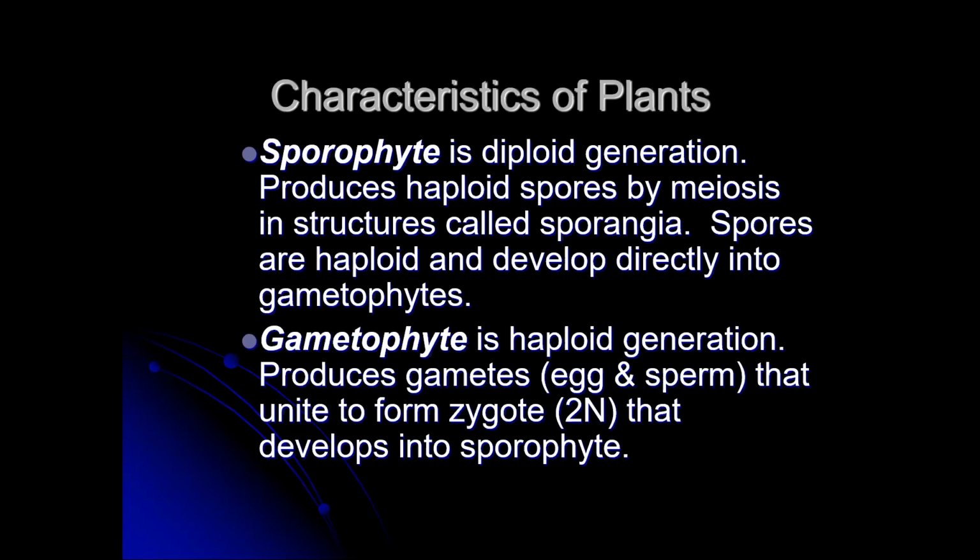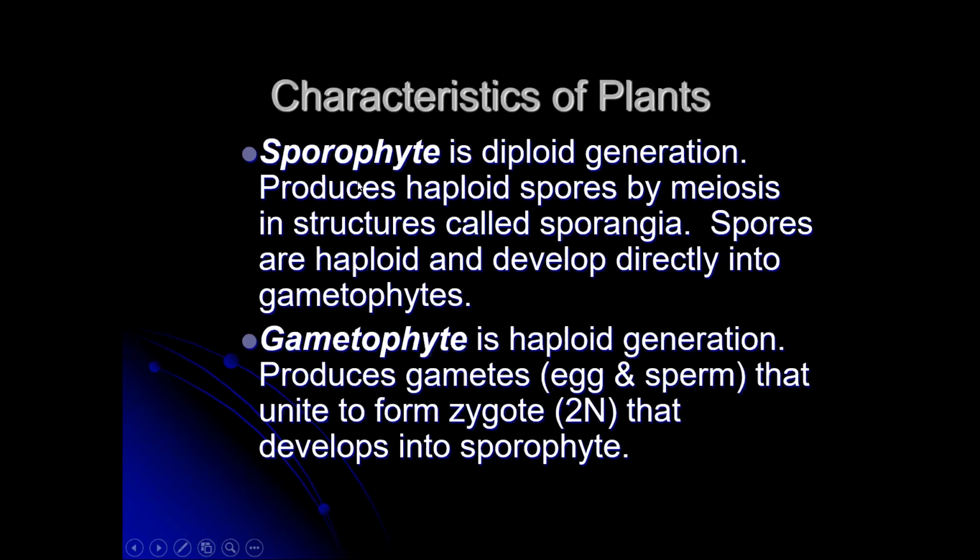And then these structures, the gametophyte, will produce gametes, which is the biological inclusive term for both egg and sperm. Egg and sperm will unite to form a zygote, and we refer to that as 2N. Again, that's another way to say diploid, or in the case of something that's not diploid but polyploid, the full complement. That in turn will develop into a sporophyte. And so we go round and around and around here, okay, every other generation.